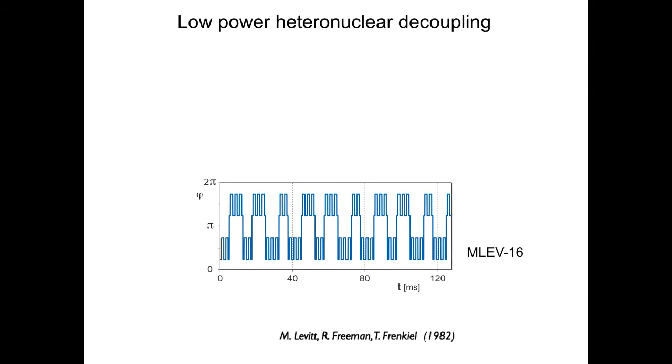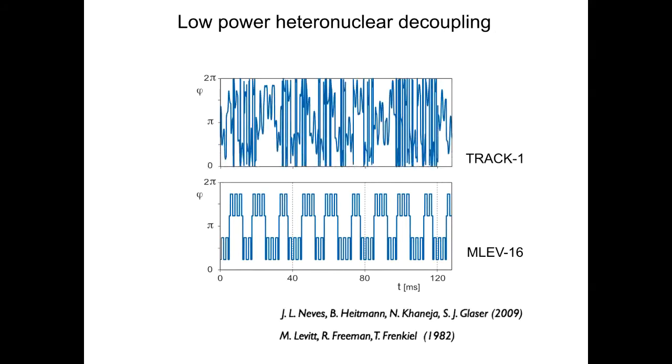The early version was from the 80s by Markham Levitt, who pioneered this use of composite pulses, in particular in these decoupling experiments. For many years, people have tried to optimize individual 180-degree pulses, but this was still the gold standard in many applications until actually 10 years ago now, when we found a way to